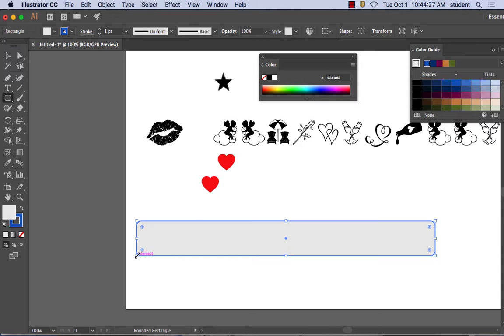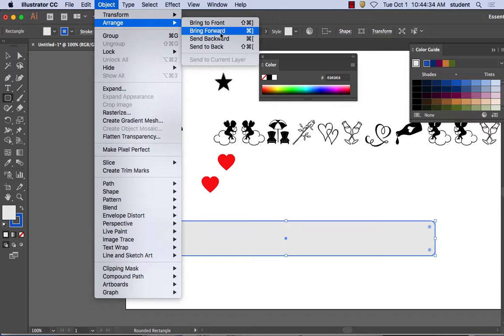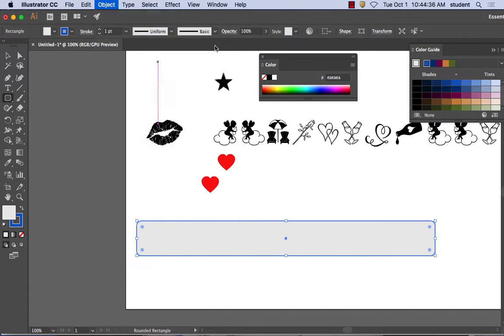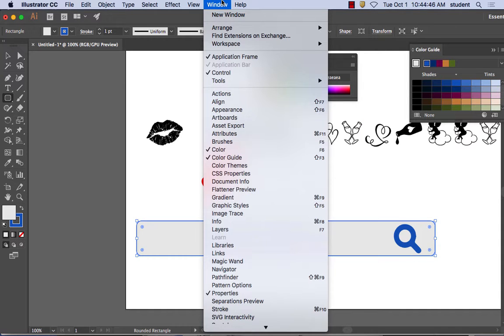my search glass thing. So I need to move this behind there. To rearrange objects, you go under Object, Arrange, Send to Back. We'll put it behind that. There we go. So now I've got my shape here with my box. And now, if you want the round edges to be more round, there's actually an option inside of Illustrator for